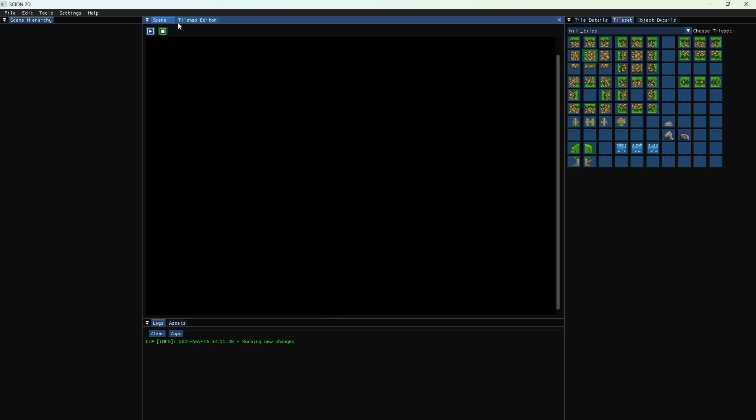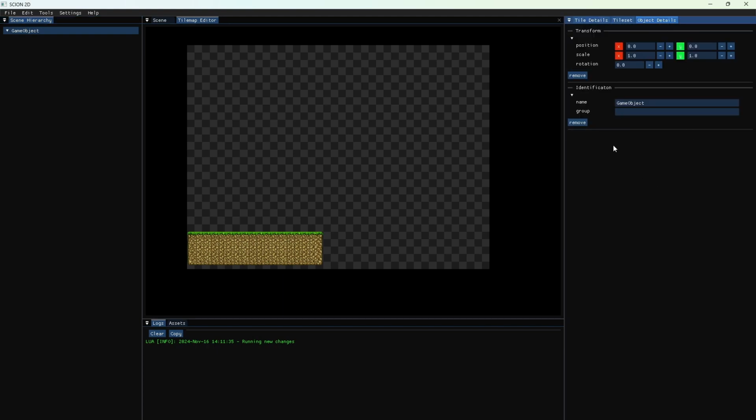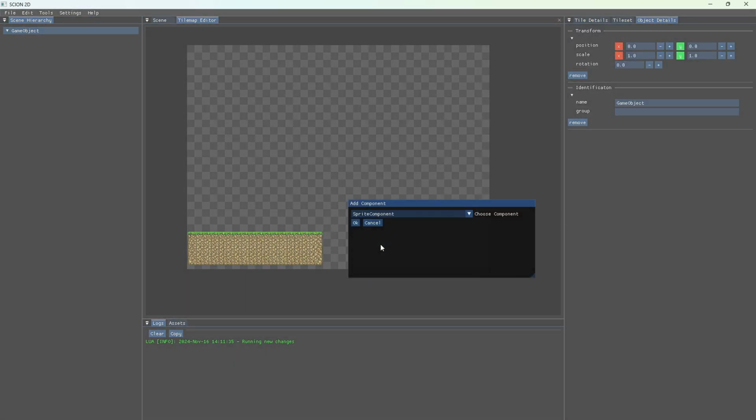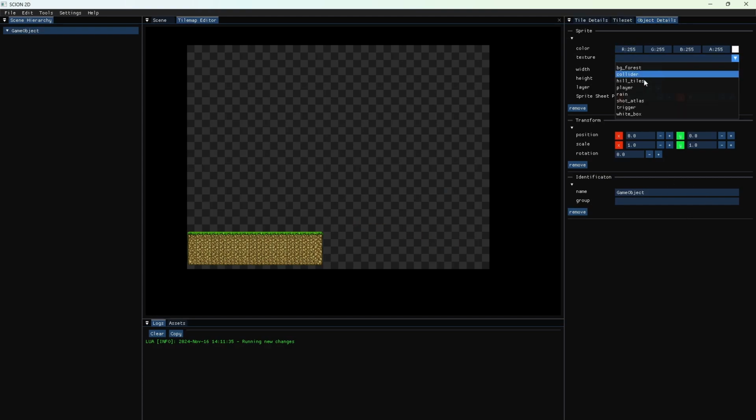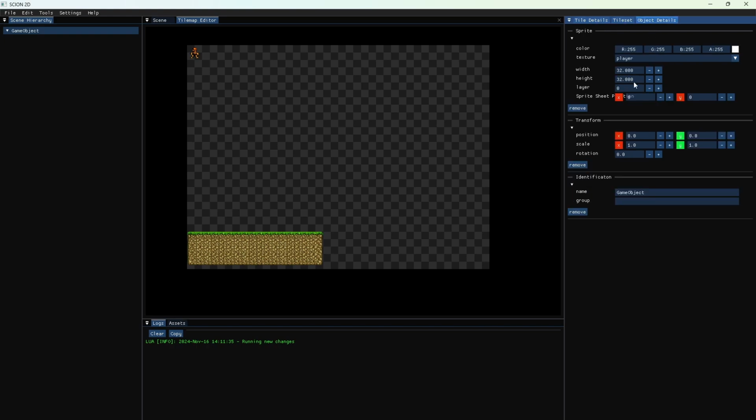So we know it's loading in the tile sets, right? So what I want to do now is add a game object. So go here, add new game object, and go to object details, and we want to add a sprite component. Cool, sprite. And texture, we'll just use the player. And you see the player's up there, so let's go 32 by 32. And I want to bring the player down right about here. So let's go to our tile details and see where that is. So that's about 128, 384. If you see these numbers over here, this is moving with our tile. So 128, 384. Cool. Object details, transform, 128,